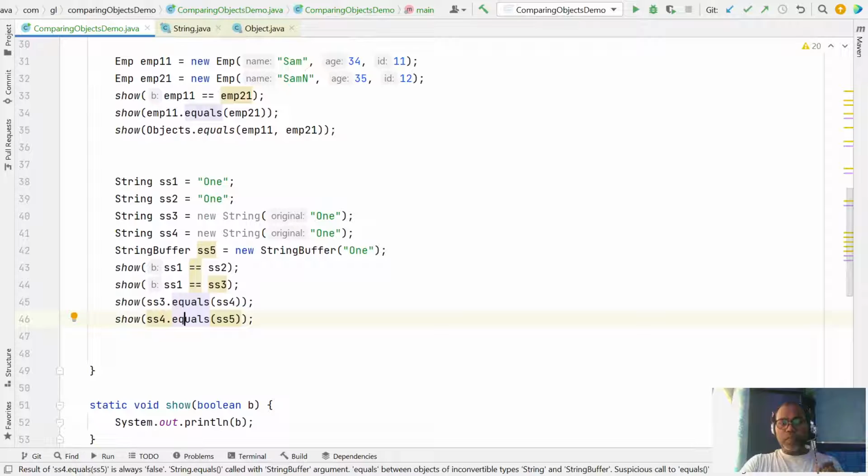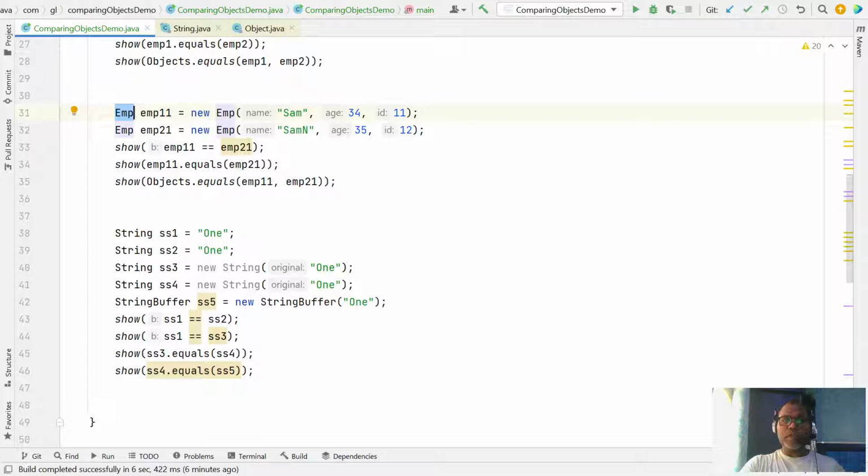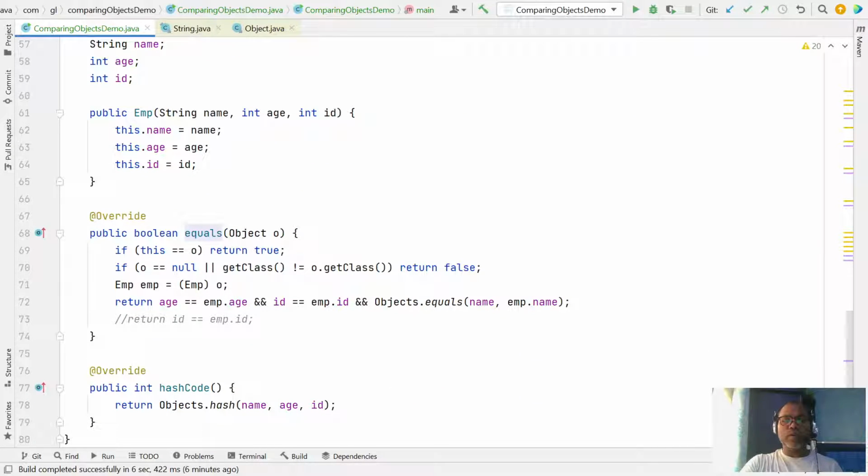So hope it is clear. Whenever you write your own custom class, you must provide an equals method so that anyone using this class can apply the equal to operator or the equals method. If someone is going to use the equals method, you must provide the overridden definition.